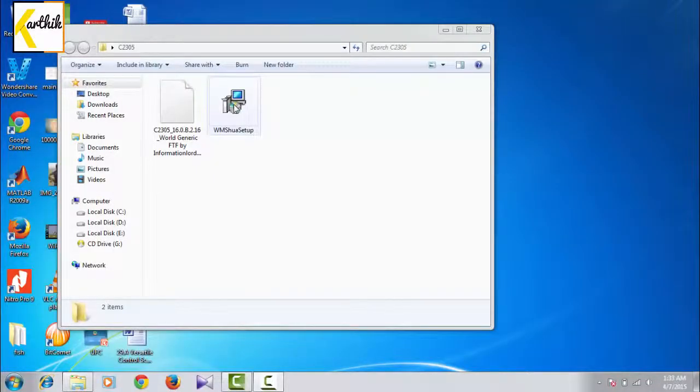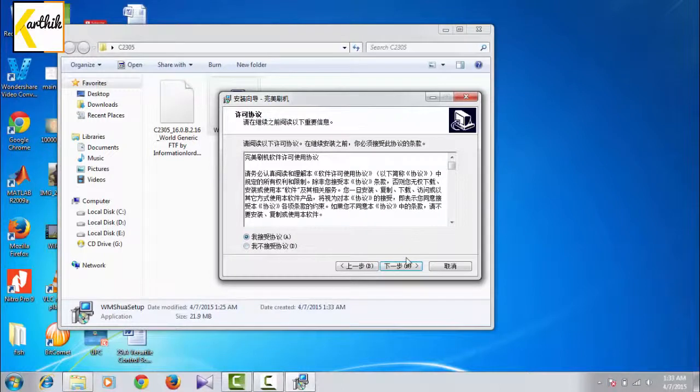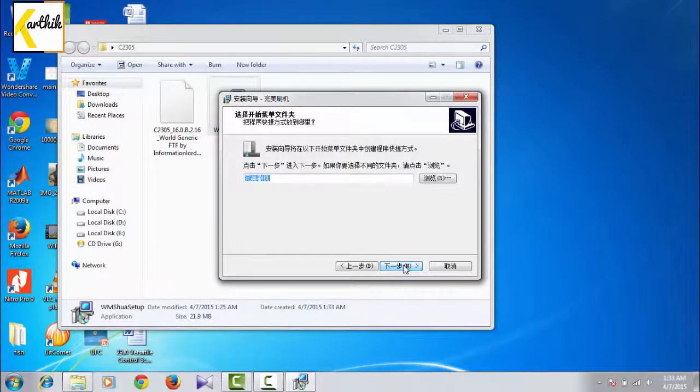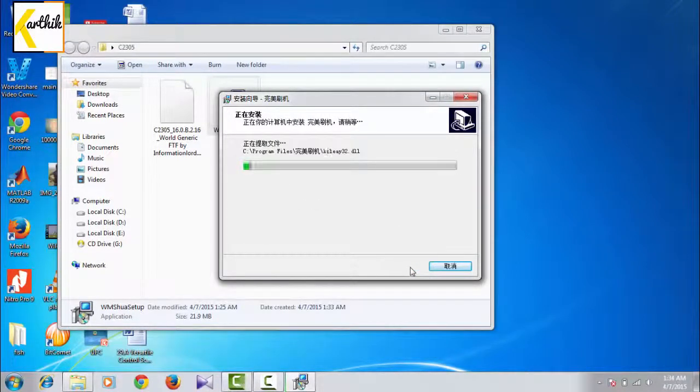Okay guys, when we come to the computer part, we need two files, that is the flash tool and one more thing, the FTF file. I am now installing the flash tool for Sony Xperia C2305. This will be Chinese software, you will be seeing everything in Chinese. Please follow me carefully. Click on the options whichever I am clicking, and you can get the download links of these two files under the description of this video.